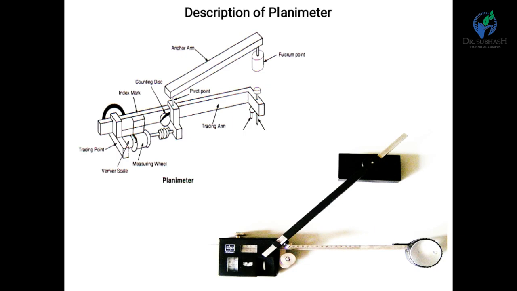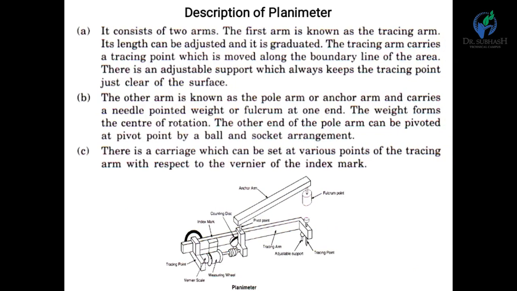Now, here are some descriptions of the planimeter. Two types of planimeter are presently available: one is the manual type and the second is the digital type. Presently we are using the digital type of planimeter. In that type, all constants and parameters are set previously and we get a direct reading while we move our tracing arm over the figure. But in the case of the manual type planimeter, we have to calculate the value using the different readings shown by the manual instrument.